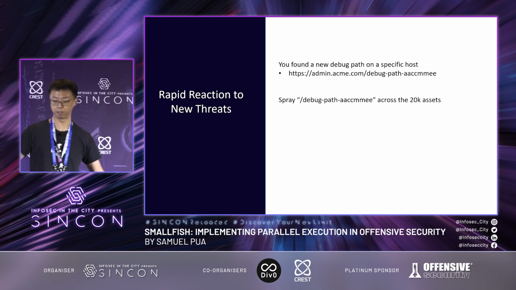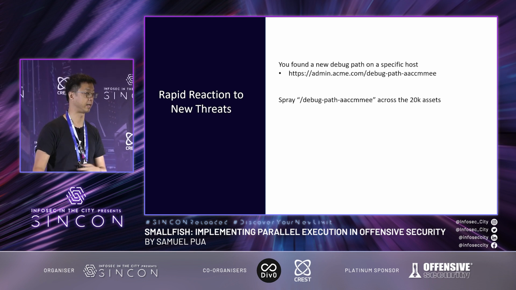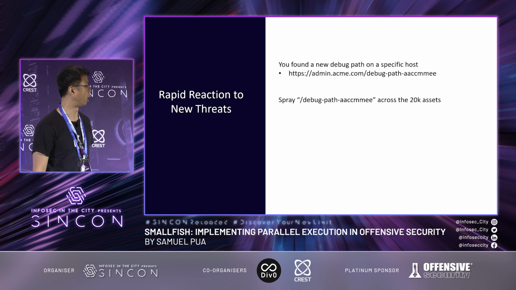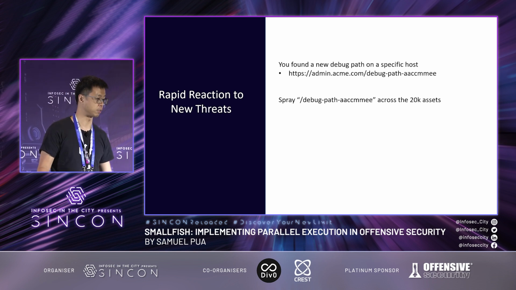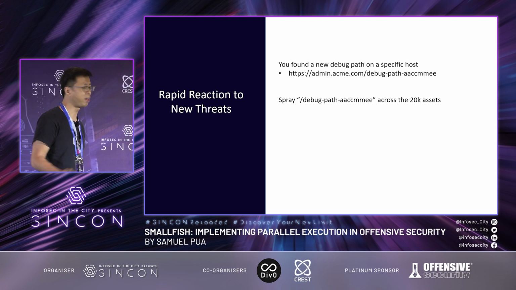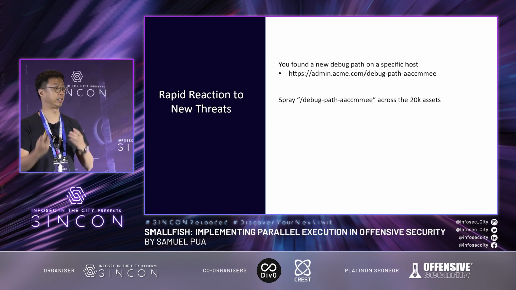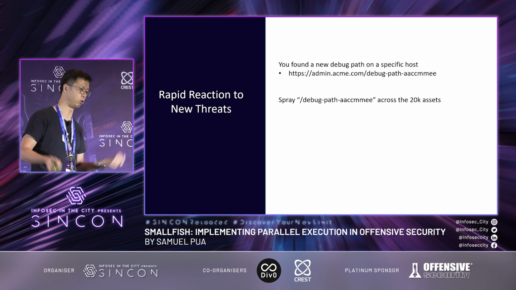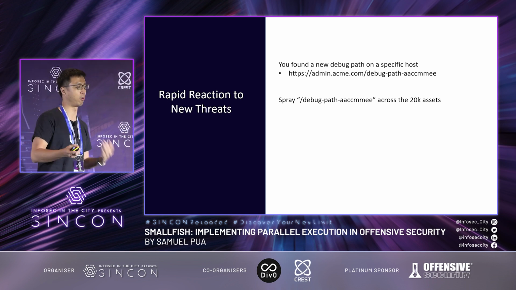So one simple approach is to just spray this path across 20,000 assets. And if you actually do the math, maybe each path will take 1 second to respond, and you have multiple concurrent threads on a single machine, 20,000 assets, frankly, wouldn't take a huge amount of time. It's a few hours, but in the whole scheme of things, depending on your bug, a few hours might be